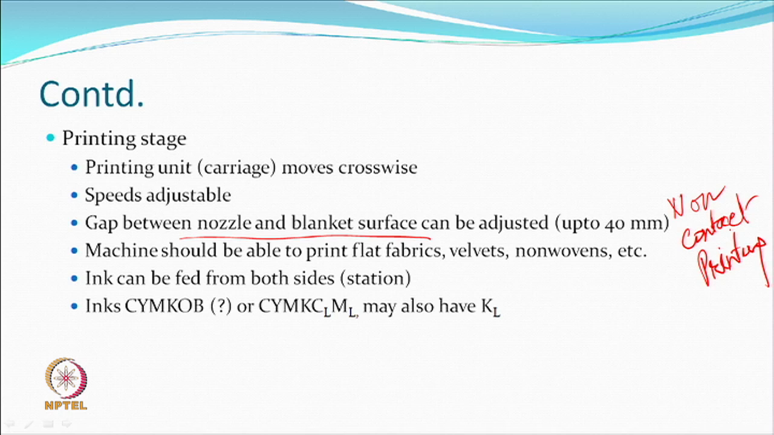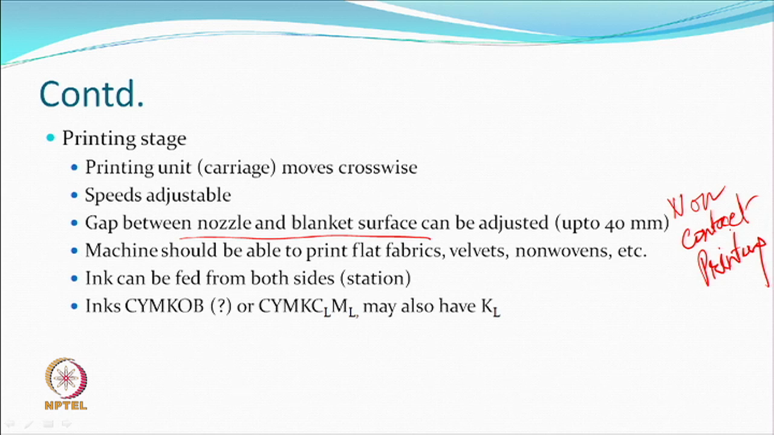The ink obviously has to be replenished as the ink is used. So, if it is a continuous system, you can have ink feeding as it goes from one side to the other side. Ink can be fed from both sides to the carriage system. So, interesting. You can have 6 color systems, which is CMYK plus orange and blue, or you can have